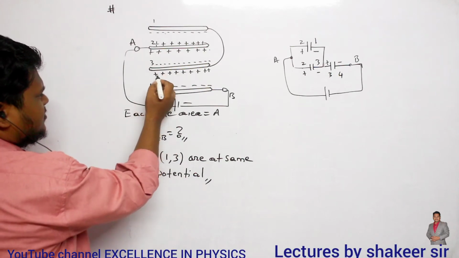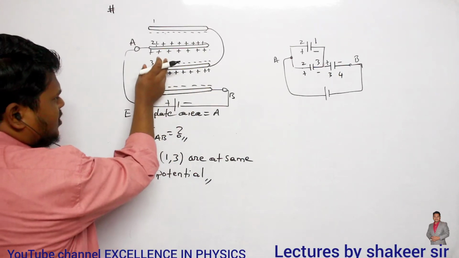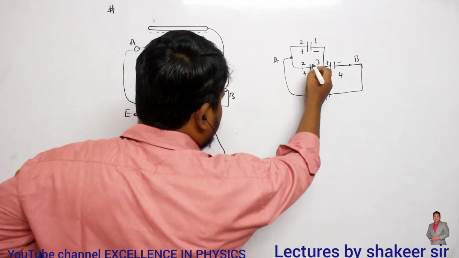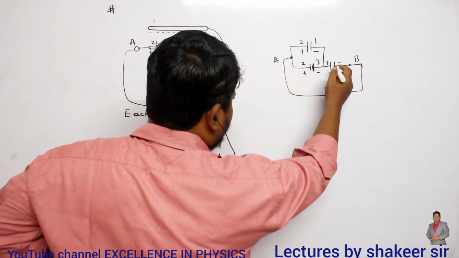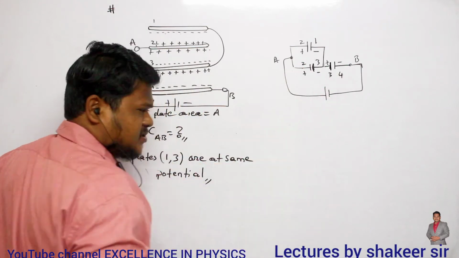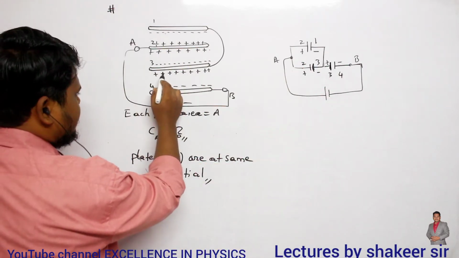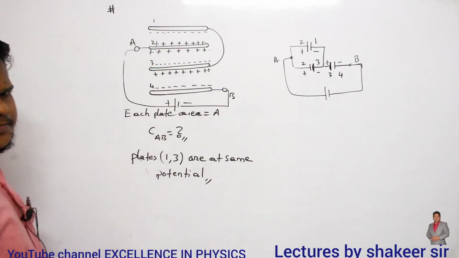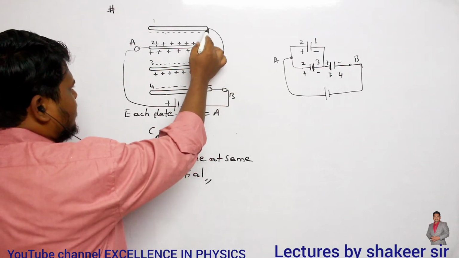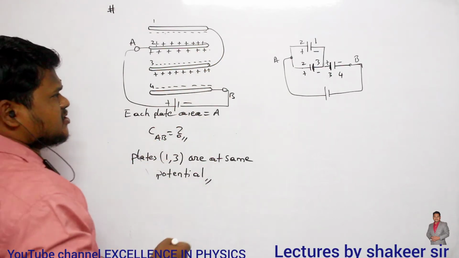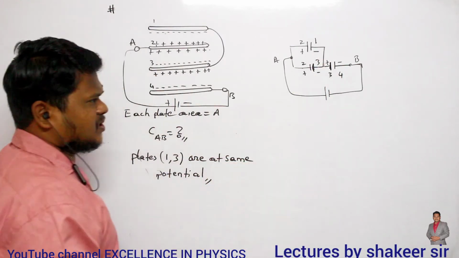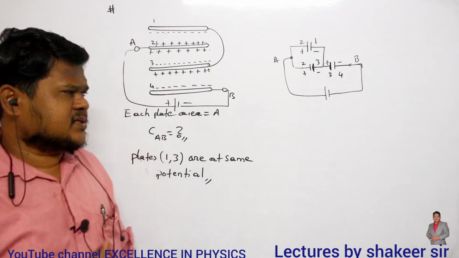Now if you see the other side of plate number 3, one side is negatively charged, another side is positively charged. So if this is a negative plate, the first plate of the next capacitor should be positive. If this is negative, this must be positive. So 3, 4 will form one more capacitor. But it is given that 1 and 3 are connected by a conducting wire, so they must be at the same potential. How can I draw them at the same potential? Just join plate number 1 and plate number 3. Clear now? So this is how we can arrange these capacitors.